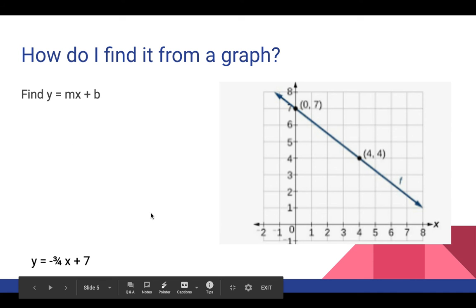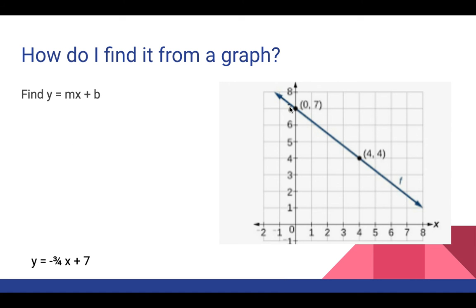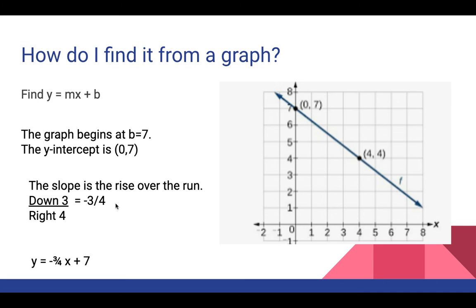How do I find y = mx + b from a graph? Well, I notice first that the graph goes through the point (0, 7). So that's my b. So it begins at b equals 7. So that's my y-intercept. And then my slope is, if I drew a right triangle right here,